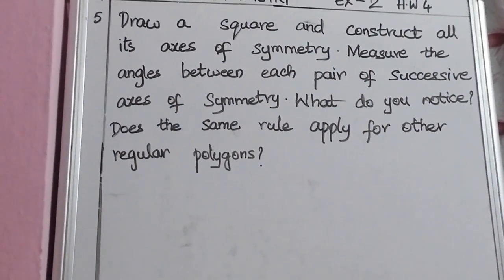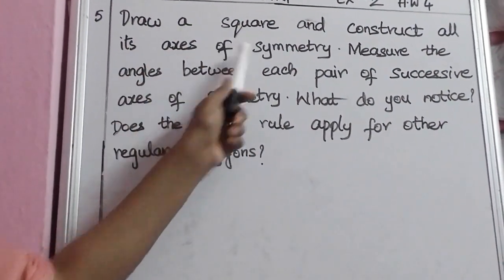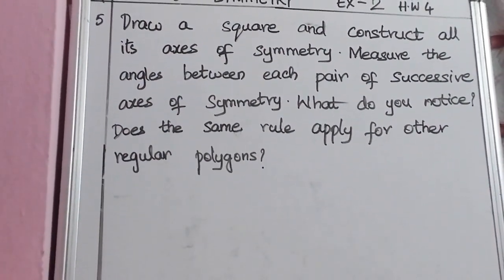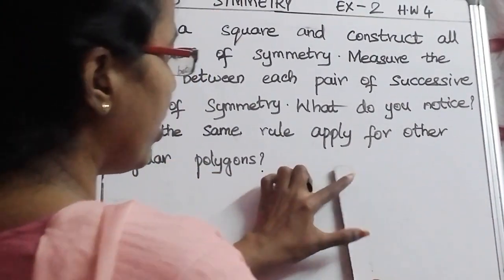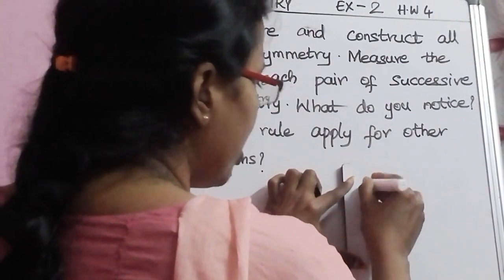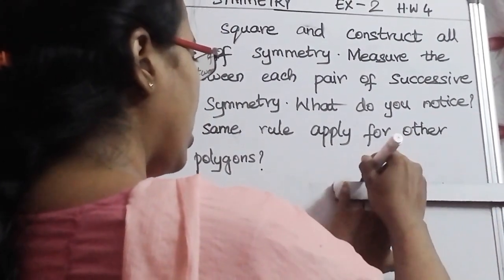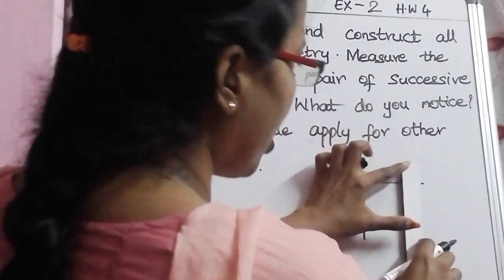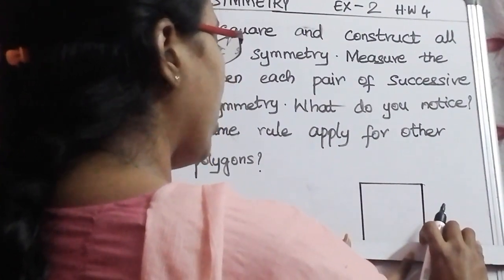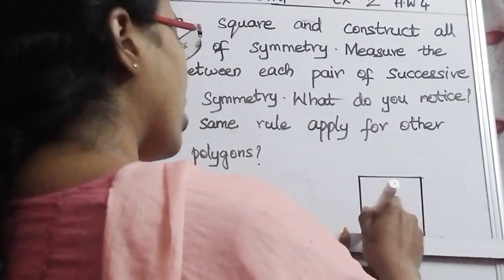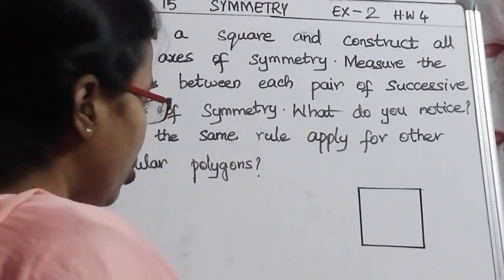So the first thing, what did they ask you to find out or do? They asked you to draw a square. Step by step, let us solve the question. So first thing is draw a square. For a square, you know that all 4 sides are equal. All 4 sides are equal. So first of all, we are drawing a square having all the 4 sides equal. Okay. Now what we should do?